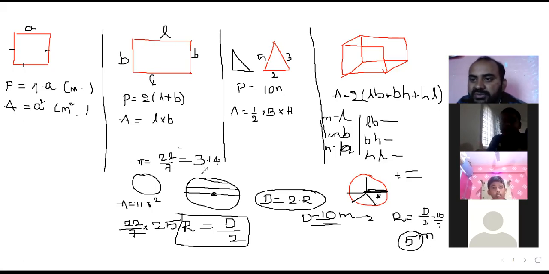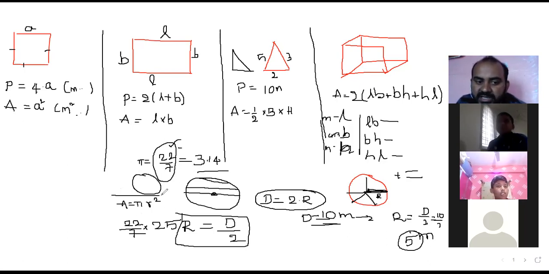If they directly ask for the pi value, then if this is in the options, this is the answer. If not, they will give options like 3.4, 3.41, 3.7, 3.8. What is your answer? 3.14. If both are there, either this or this, then your option is both, option A and B both. So the formula of the circle area is pi into r square.